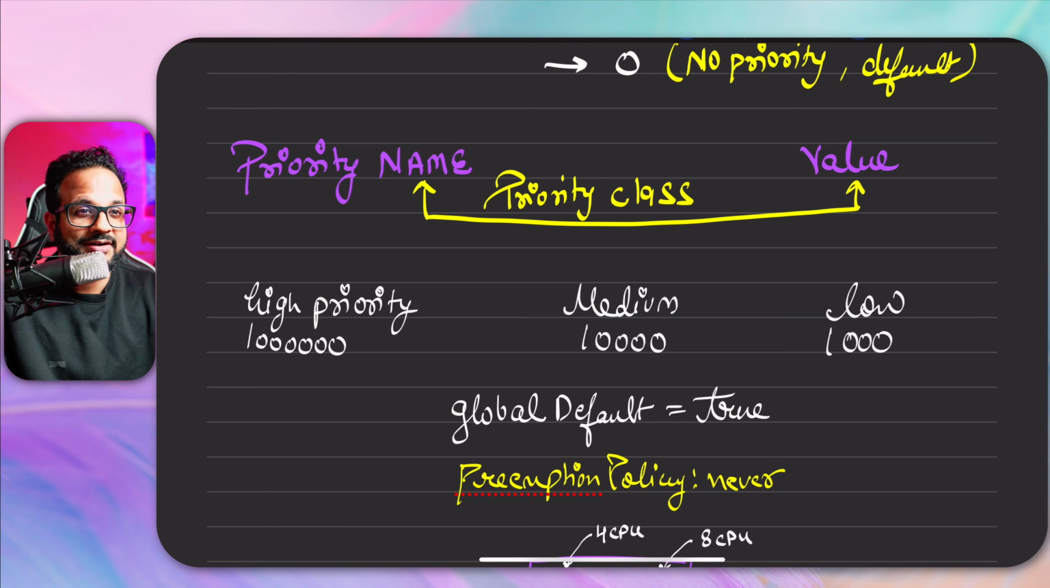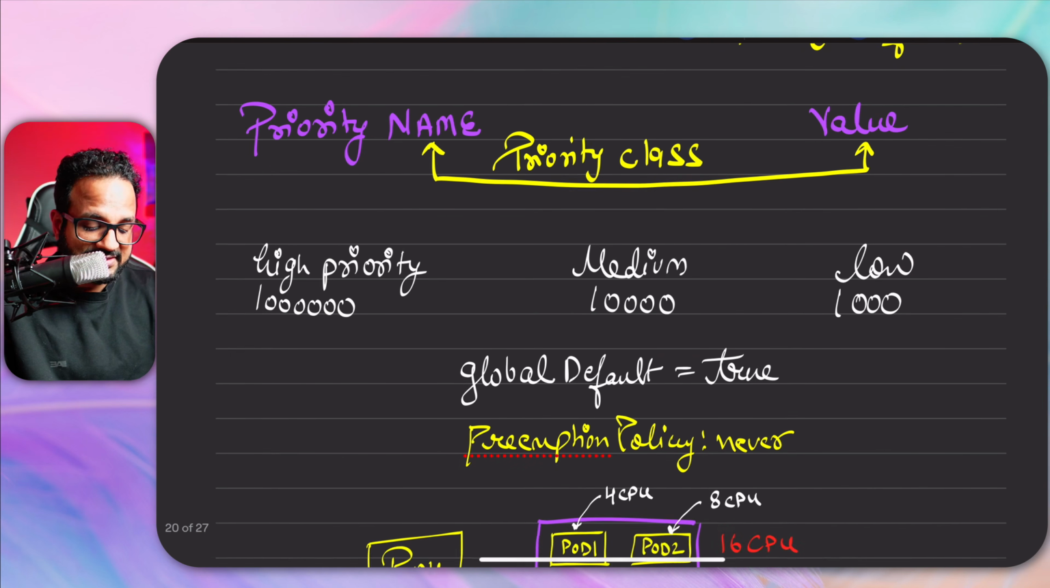It's not really a good practice to hard code this priority number in each and every pod or workload. That's why we create the priority class. In the priority class we provide the details such as the priority value, which is this one, and the priority name, which is, let's say, low. It has some additional fields such as